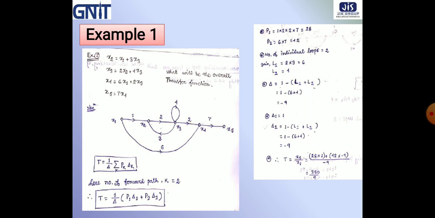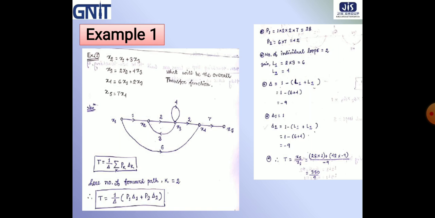So our equation becomes T is equal to 1 by delta summation of Pk delta k, where k is equal to 2. So here we get T is equal to 1 by delta, P1 delta 1 plus P2 delta 2. Now what will be the values of P1, P2, delta 1, delta 2 and delta? Now P1, what is P1? P1 means